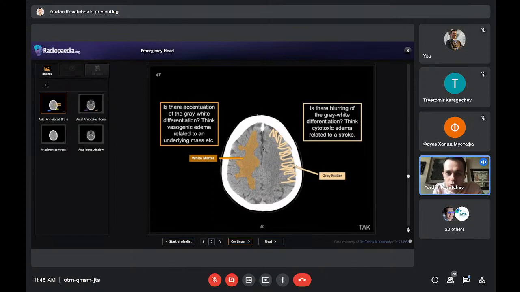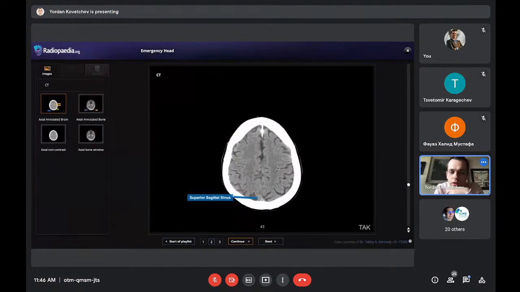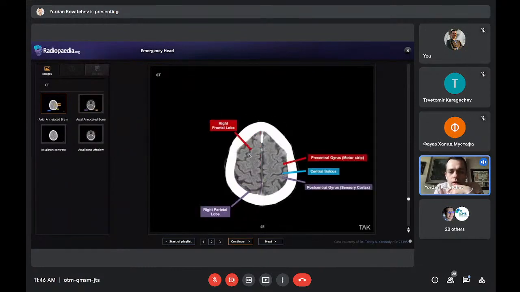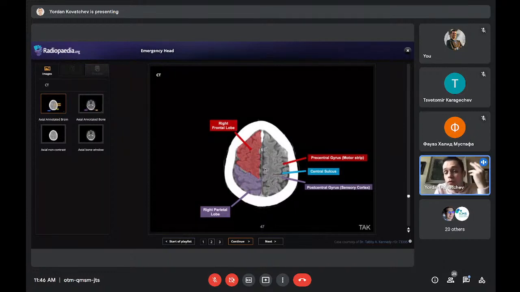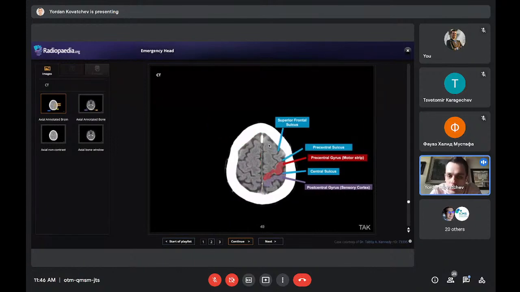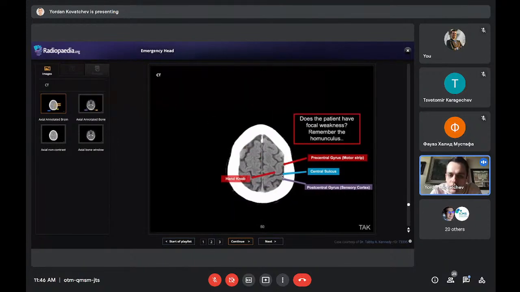Here is actually the frontal lobe and the parietal lobe on the back. So this is the frontoparietal region, but that's not really important. It's important here to see if we can differentiate between gray and white matter, and I'll show you now without the annotations. Here again, showing the frontal lobe, parietal lobe. This is the central sulcus. I'll show you a case with that, and the two maybe most important gyri that you need to remember, because they have direct correlation to the clinical presentation, the precentral and postcentral.